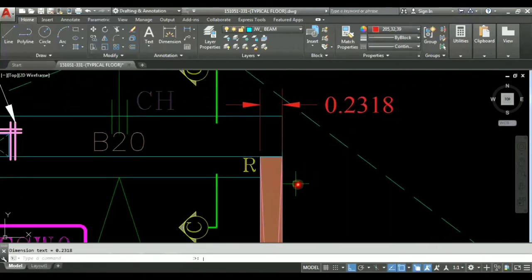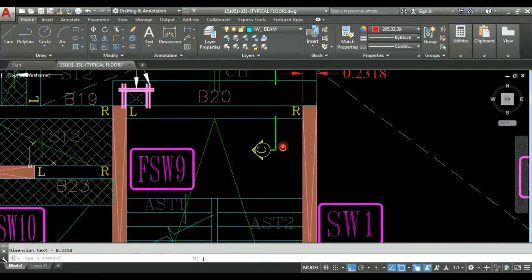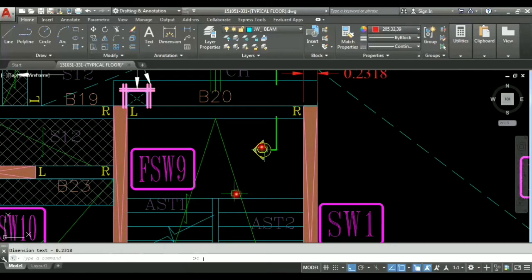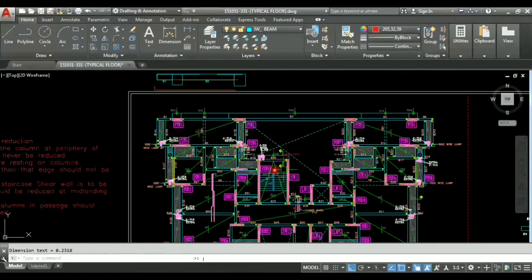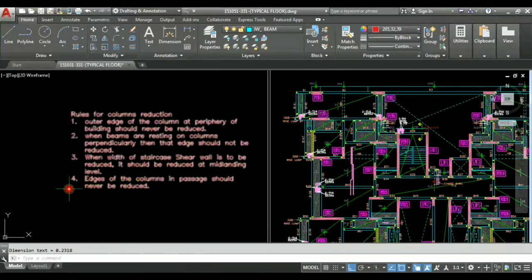If the edge of the column is to be reduced, then it should be reduced at mid landing level, where we will have our mid landing. At that point we have to reduce the column. We can't reduce this column at the floor level. Whenever there is a reduction of width in a staircase shear wall, then we have to reduce that shear wall at mid landing level of the staircase and not any other level.